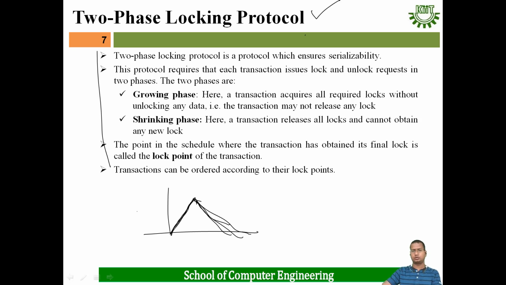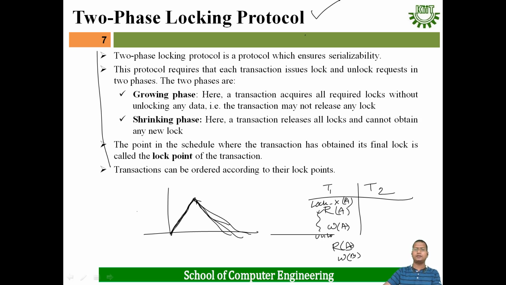That means suppose two transactions T1 and T2 are there, and T1 is reading some data item A, writing some data item, then it is reading another data item, suppose read B, then writing another data item. Then we have to apply exclusive lock X on A. After doing this operation, we were unlocking here, unlock on A, but this two-phase locking protocol tells that you cannot unlock in this place. First you apply lock, then at last you have to unlock.